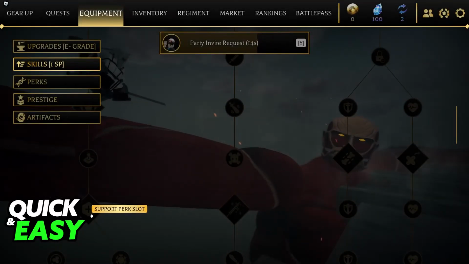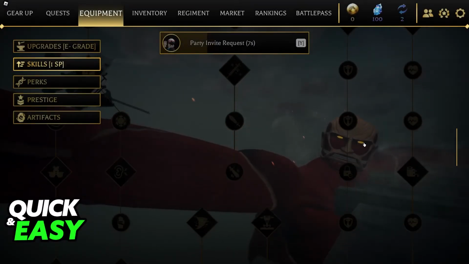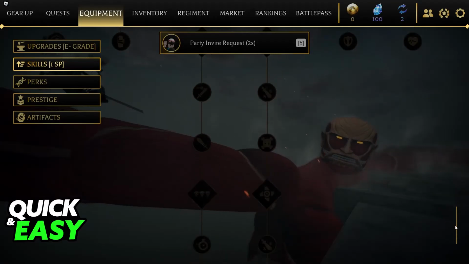Of course, you will also be able to find other perk slots. So for example, here is the support one. The price is basically the same, and this one unlocks an extra perk slot. You should also be able to find the defense one if you keep scrolling down, but this can differ from